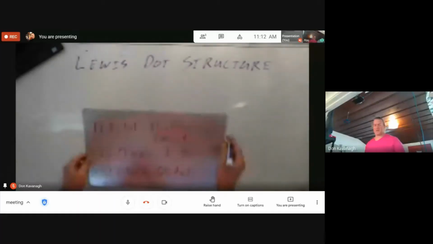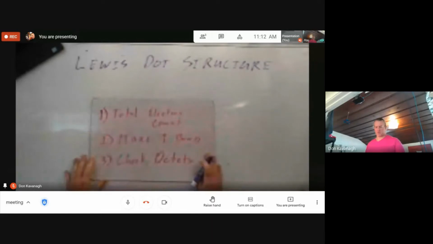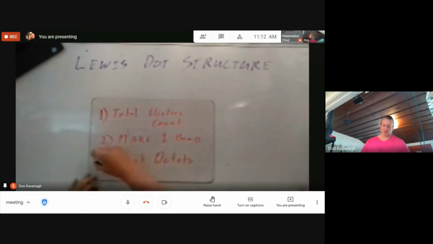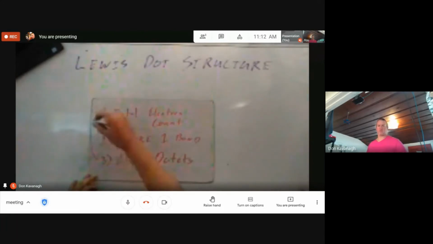We have 3 steps for drawing Lewis dot structures. The first step is getting the total electron count for all atoms involved, including charges. Second step is just make one bond in between atoms. The third step is to check octets. When steps 3 and 1 are satisfied, you have a good structure, and you cycle through the steps until you're